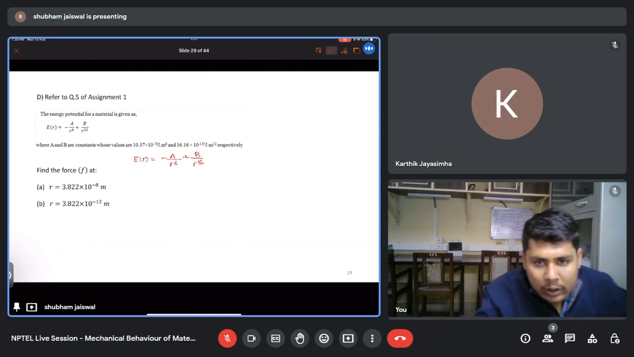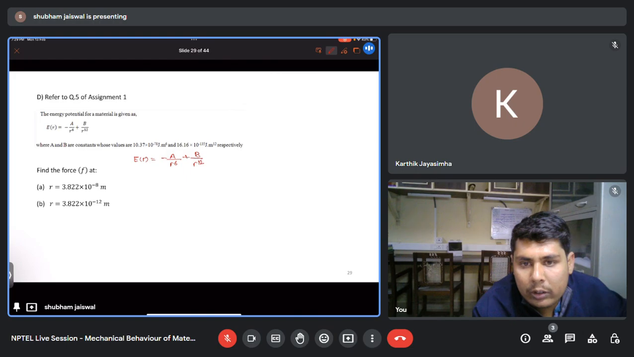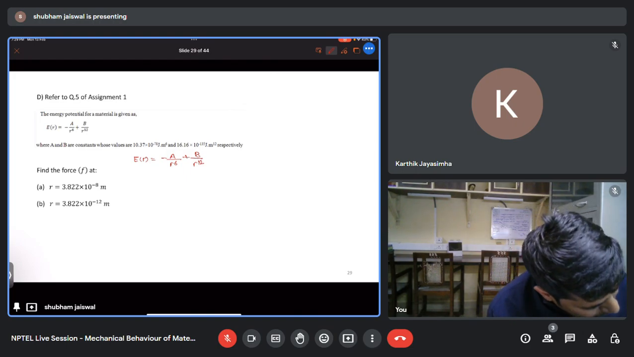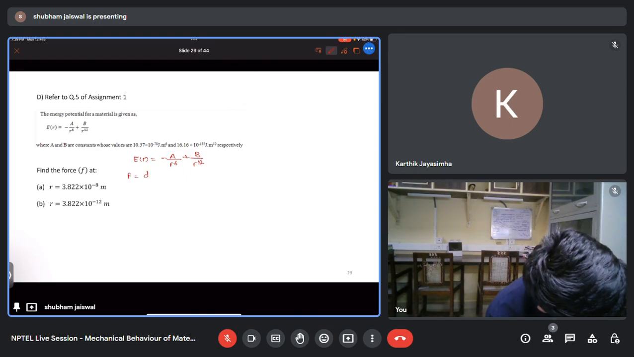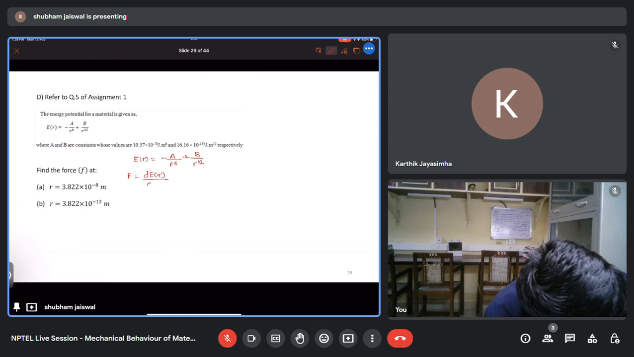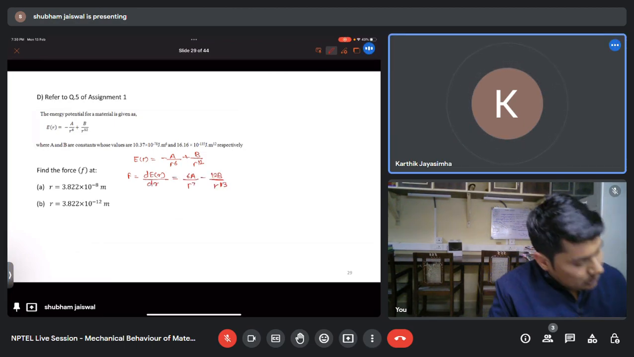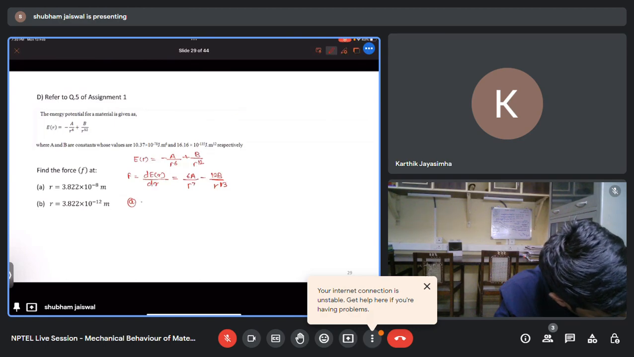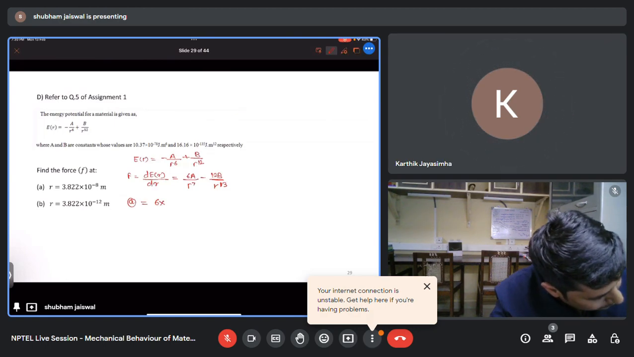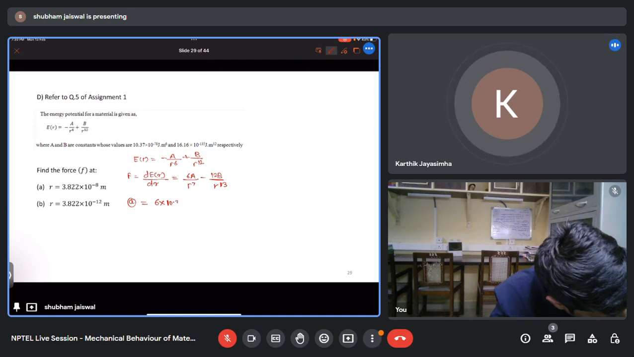So for force, if I take a derivative of potential energy with respect to R, I will get a force, that is F is equal to dA upon dR, which will be R to the power 13. Am I correct? Yes. Now for A, I put in the value, which is given as 10.37 into 10 to the minus